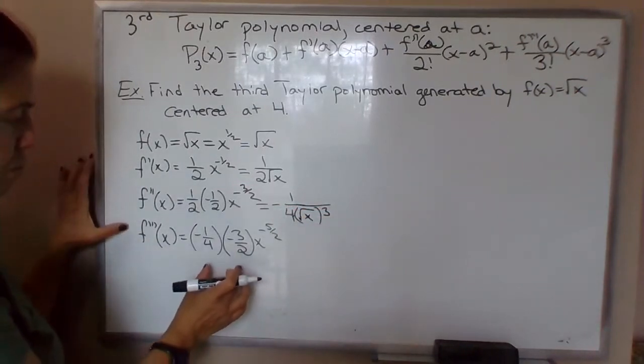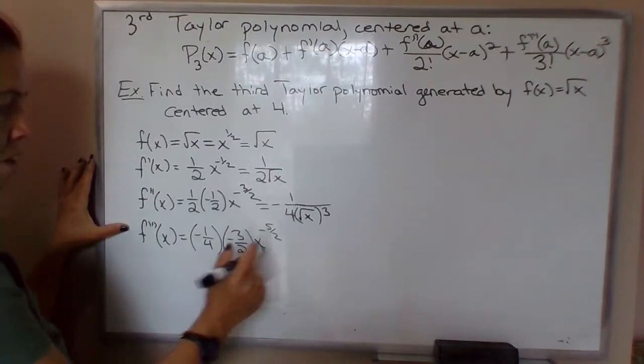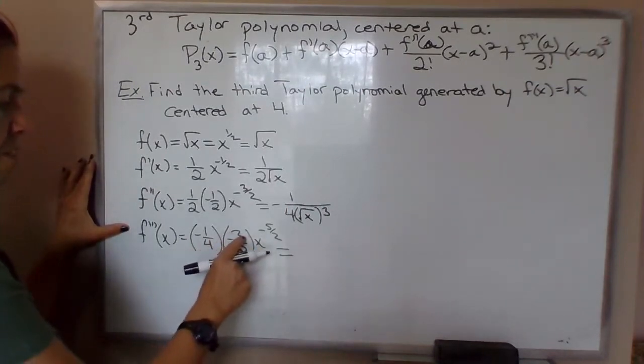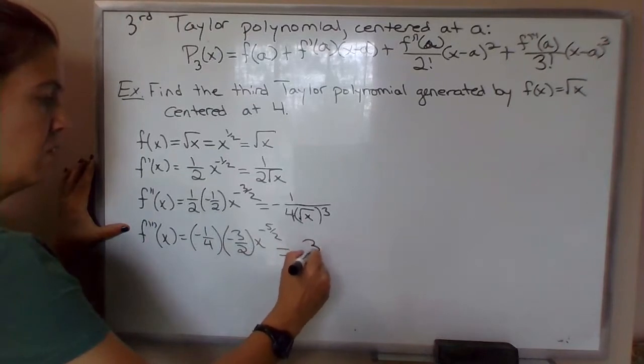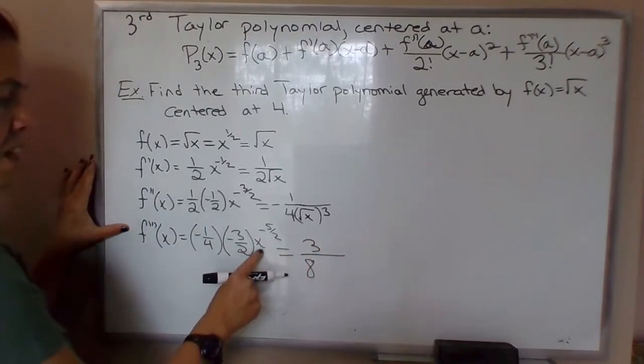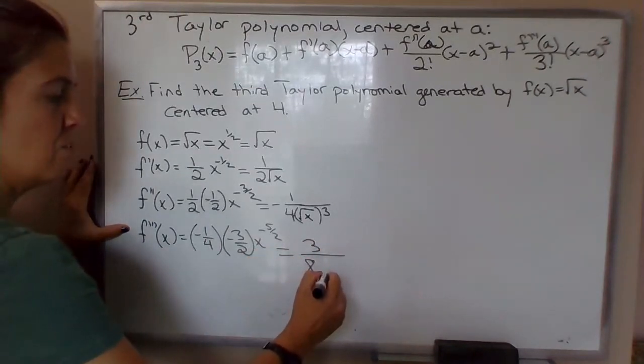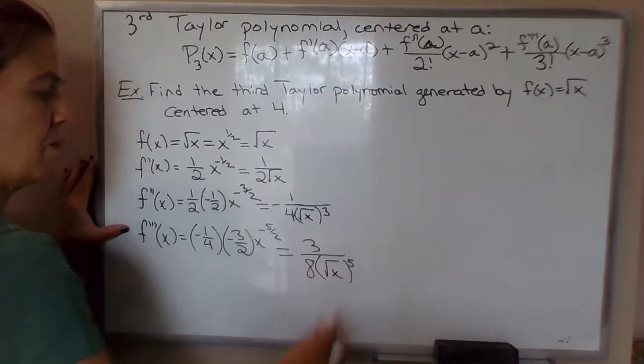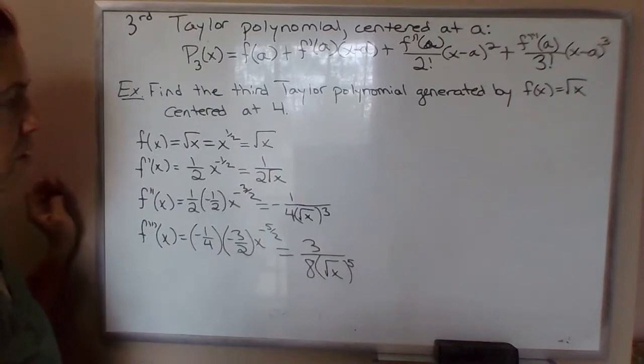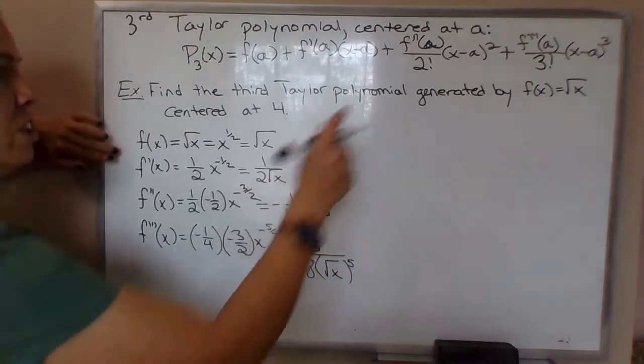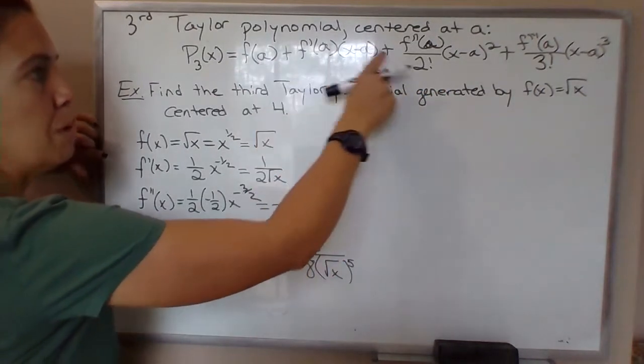And then this one, the coefficient would be positive 3 over 8. And then x to the negative 5/2, so that's the square root of x in the denominator raised to the 5th power. Okay. So now evaluate these functions at the center, because that's what we're going to plug into the formula here